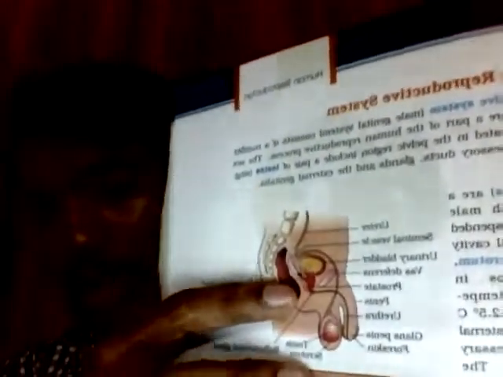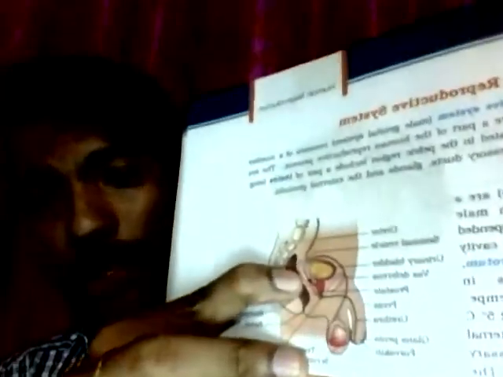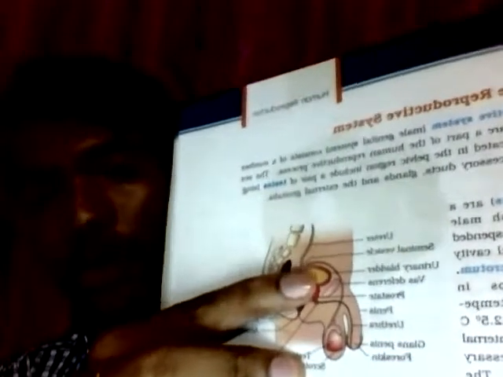And the seminal vesicles are usually present posterior and inferior to the urinary bladder. If you can see here, these are the seminal vesicles, and this is the urinary bladder, and behind this we can see the seminal vesicles, and they are present inferior also to the urinary bladder. And the seminal vesicles will receive the ducts from the vas deferens, and these two will unite to form the ejaculatory